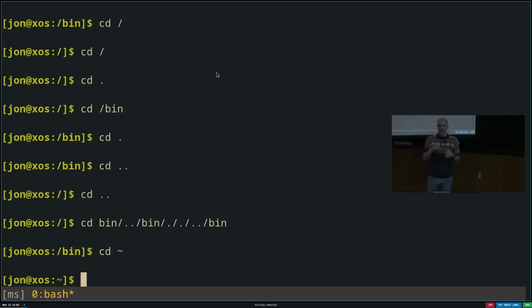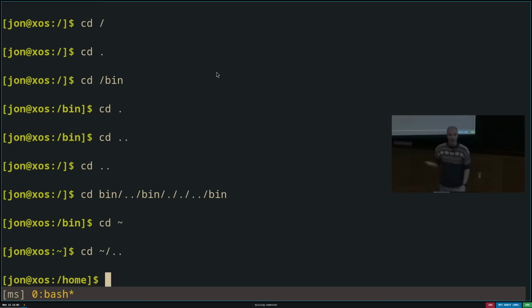So if I go cd a/b/c, what that means is change directory into A, after doing that, change into B, after doing that, change into C. So that would go into the folder C that's inside the folder B that's inside the folder A. And these paths also work with tilde. So I could do tilde /.. and I end up in /home. Because it's one directory up from my home directory, which is /home/John.